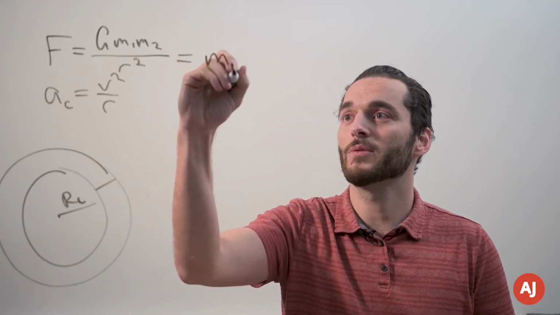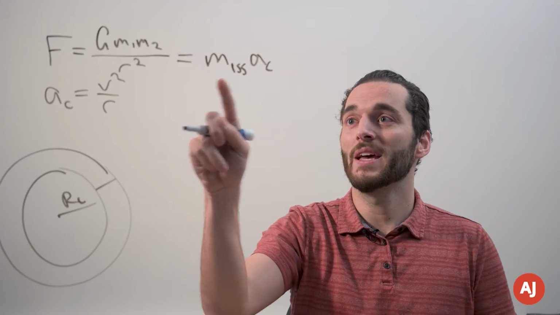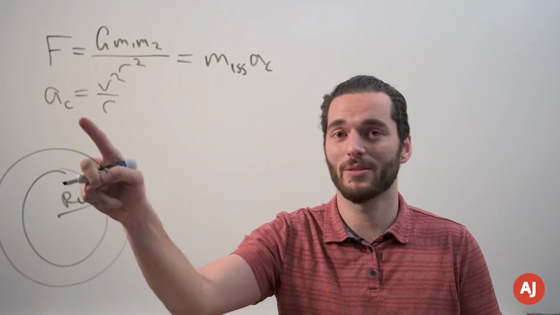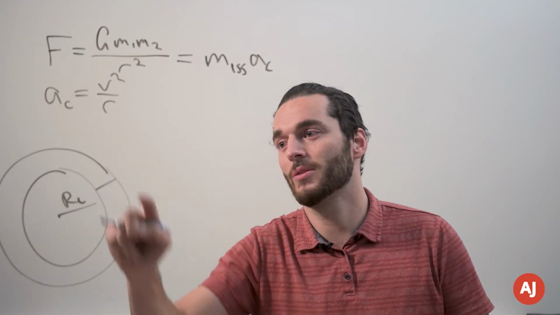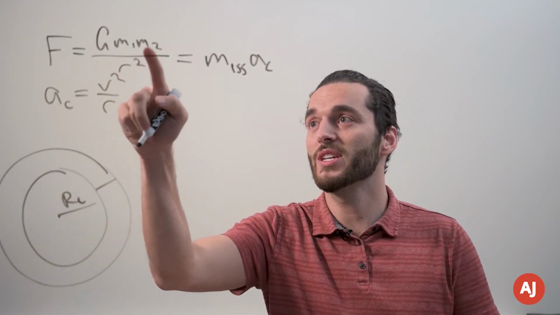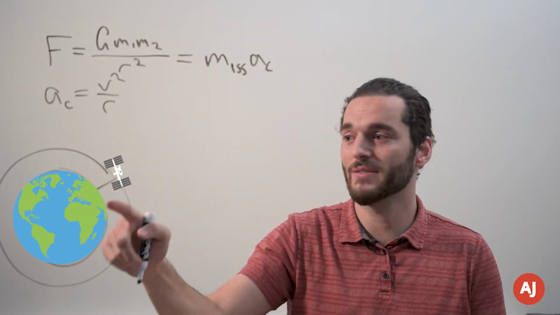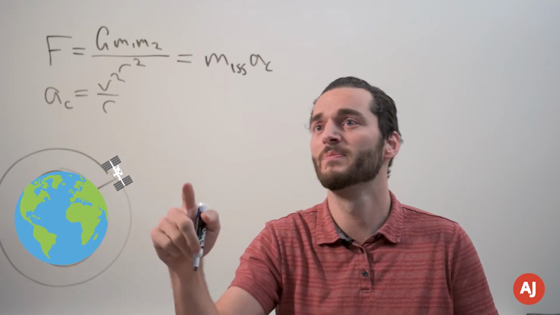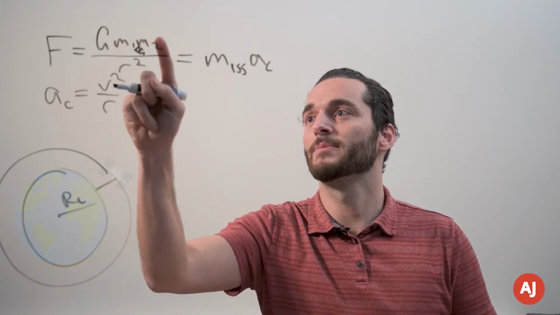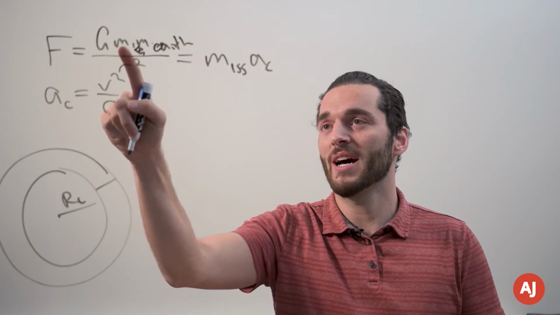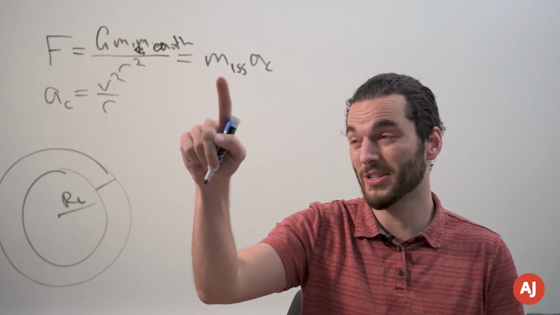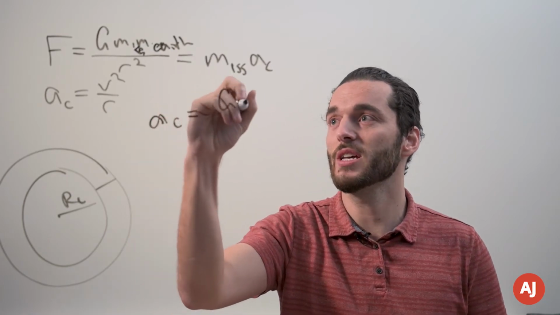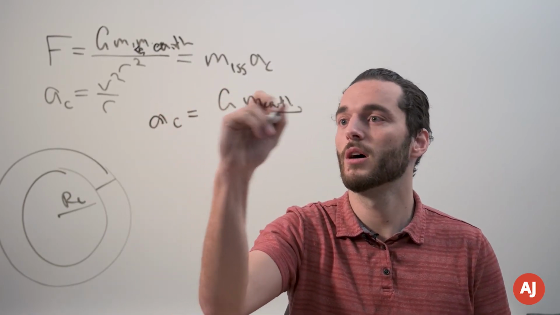So it's equal to ma, where the mass here is the mass of the International Space Station, and the acceleration here is the centripetal acceleration, since, again, it's going in uniform circular motion. So these two masses up here, one of them is going to be the mass of the International Space Station, and the other is going to be the mass of Earth, the mass at the center of this here. So we go ahead and say that, and then we can cancel the mass of the International Space Station, and we get that the centripetal acceleration is just going to be G M Earth over